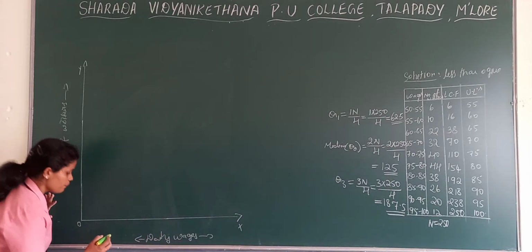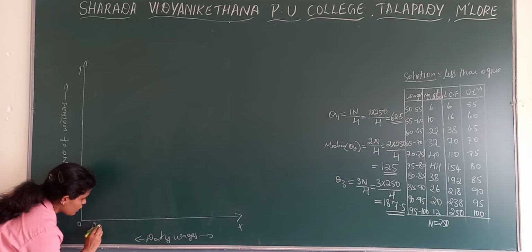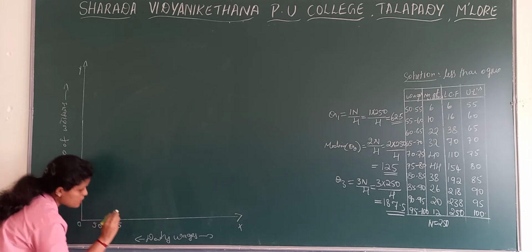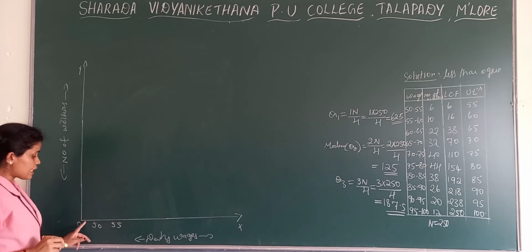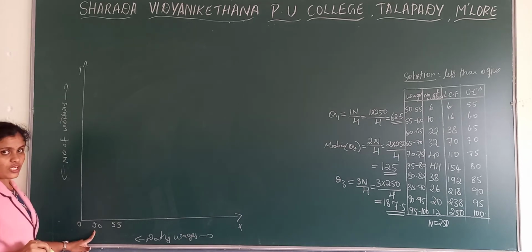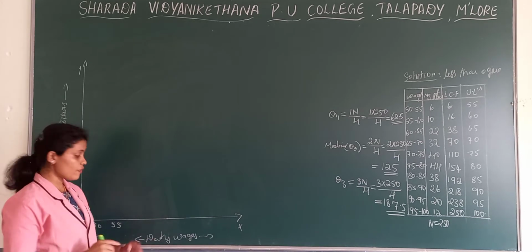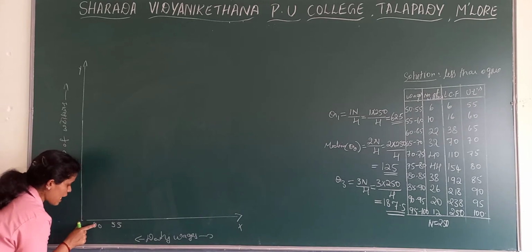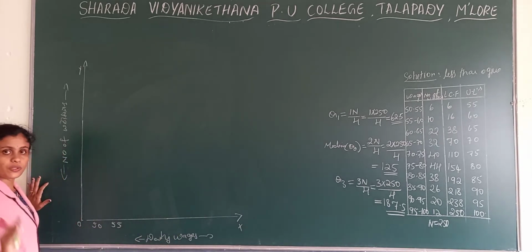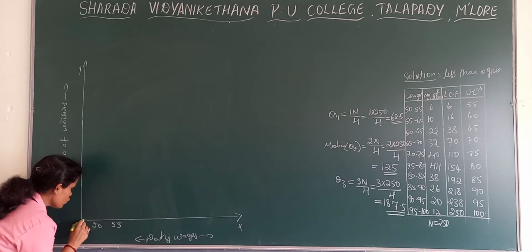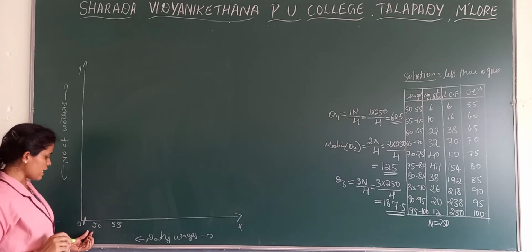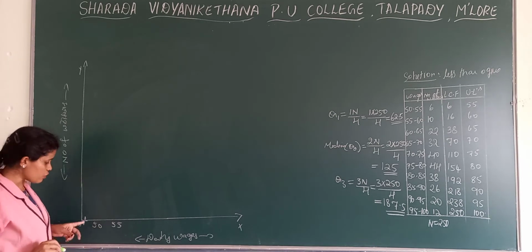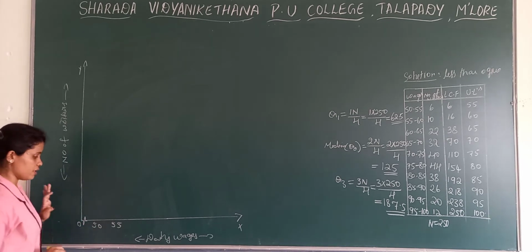We'll start from 50, 55. See here, the gap between 0 to the first value 50 and the rest of the values is 5. I have told that when this gap and the rest of the gaps are not equal, we need to locate one kink line there in order to show that this is not equal. If it is not equal, we need to draw that line.